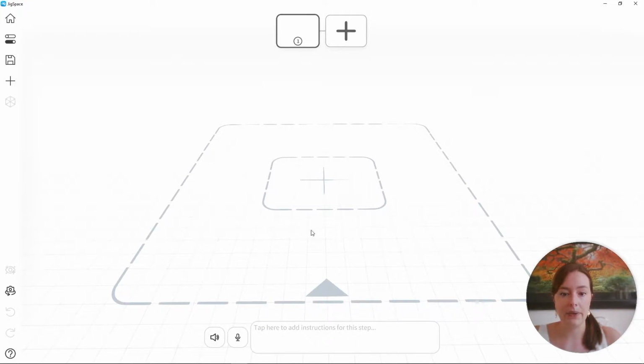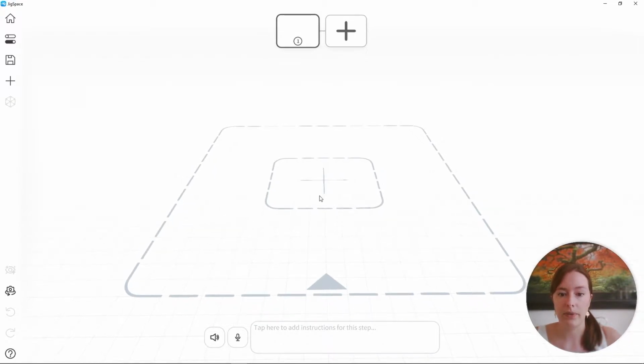And in the center of the world, you can see that we have these guidelines. These give you an idea where the center of the world is, and they also guide you as to where you should try and keep your model within the scene. So for the focus of the scene, we try to keep things in the center, but we also try to keep things from straying too far from the edges of the world. This is just so that when you load your objects in AR mode or in augmented reality using an iPhone or an iPad, when they load up, they're in the center of your phone or the device.